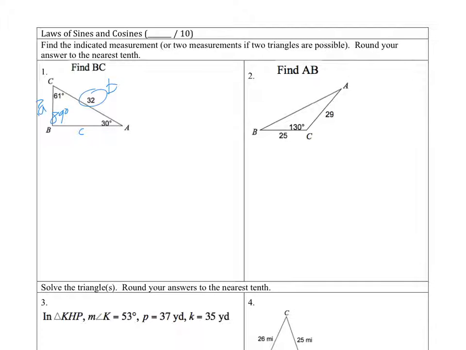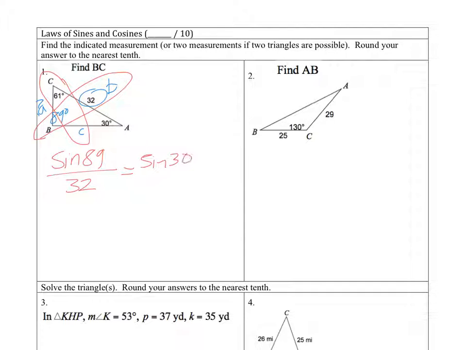Now that I know this, I'm going to check law of sines first because it's shorter. And it looks like I have a winner because I have a pair of opposite side and angle. So sine of 89 over 32 is equal to sine of 30 over A. I'm doing this out. Sine of 89 divided by 32 is going to be